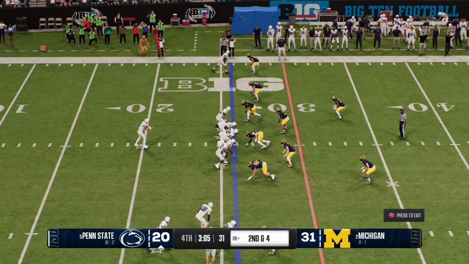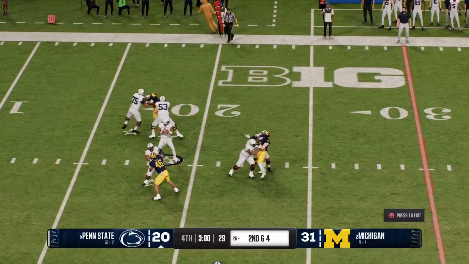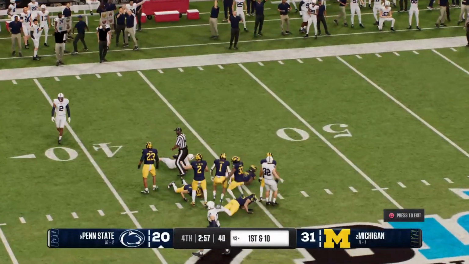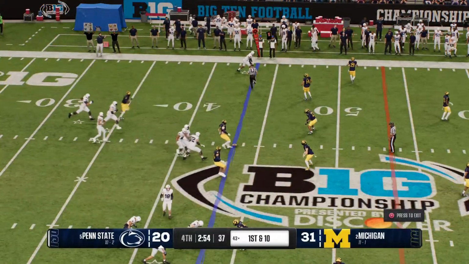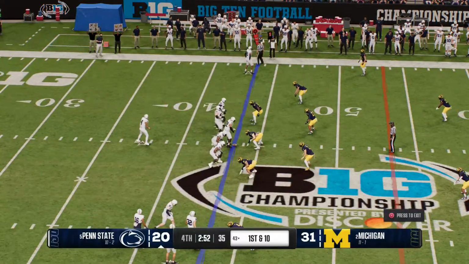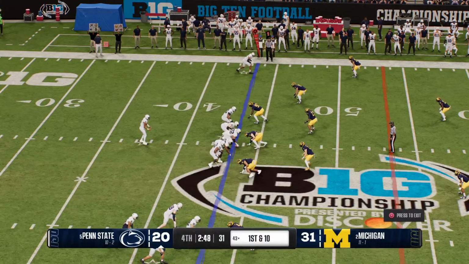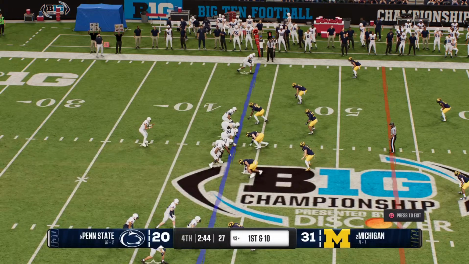Chris, positive yards are always going to help you. These guys got a long way to go to get themselves back into this game. But you put positive yards in back-to-back plays, you start to get some confidence going and believe you can do it. It'll be enough for a first down, brought down at the 43. Chris, here we are in the fourth quarter. These guys are trailing. Hadn't been a great day, but with this quarterback, he's as gifted as anybody in the country. You never count these guys out.